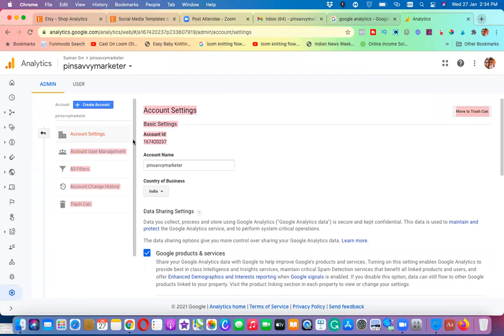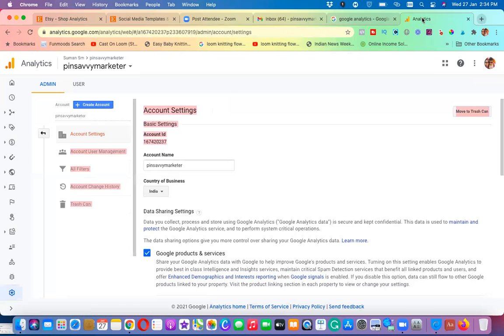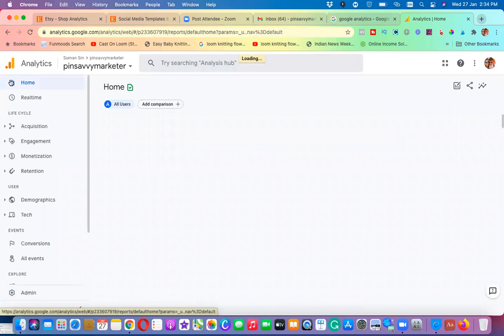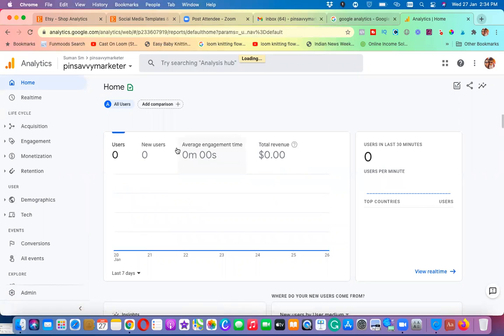You just have to copy this and paste it over here, so that whatever traffic you're getting will get tracked over here on analytics. Okay, this is very simple. And further, you can go and check YouTube videos, and that will give you more.